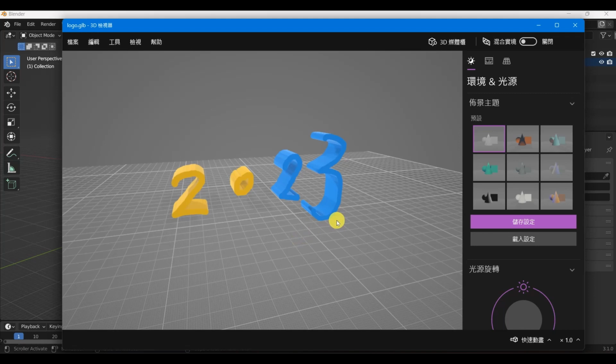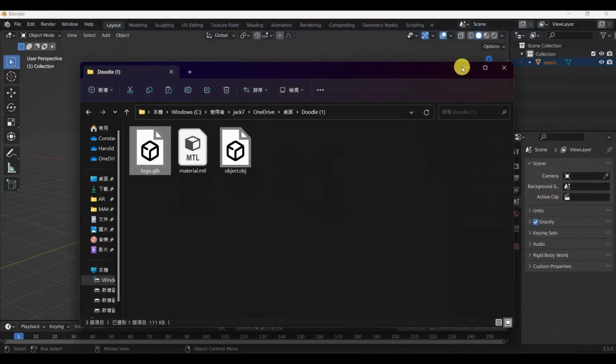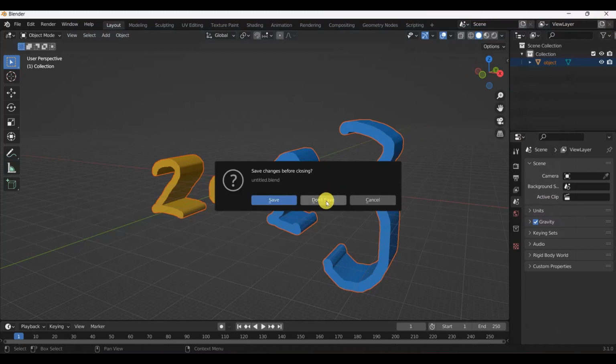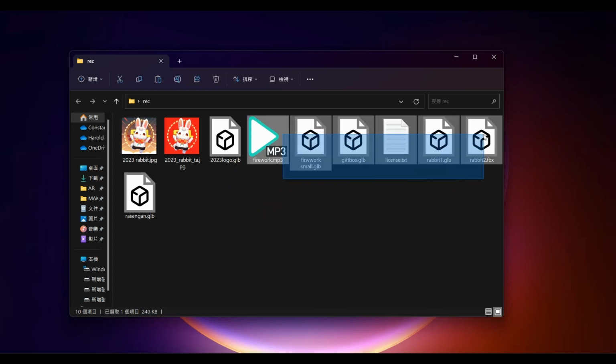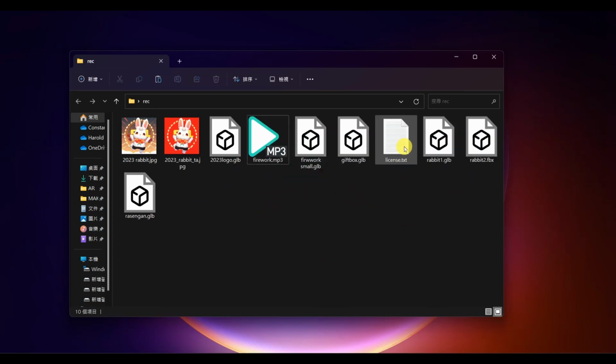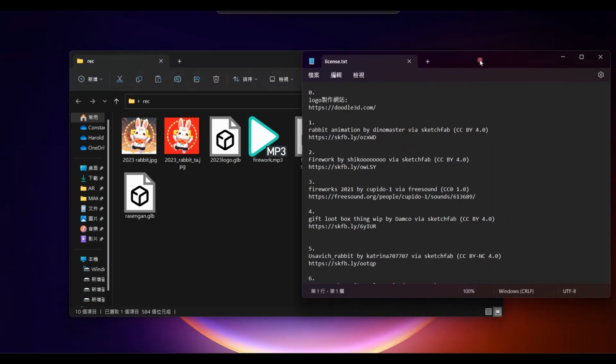MAKAR editor supports FBX and GLB file. It's very easy, and you don't need to save it. So this 3D model is created by handmade and the free tools. And firework, here is a license. The rest of the material I gather from different